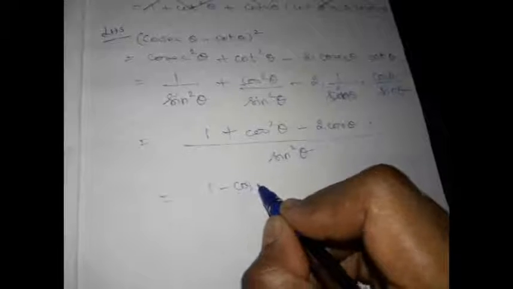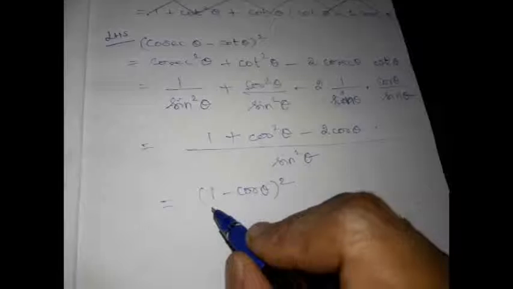So how can I write the numerator now? 1 minus cos theta the whole square. Yes or no? A minus b the whole square identity: 1 square plus cos square theta minus 2ab, so 2 into 1 into cos theta, which is nothing but 2 cos theta, divided by sine square theta, using